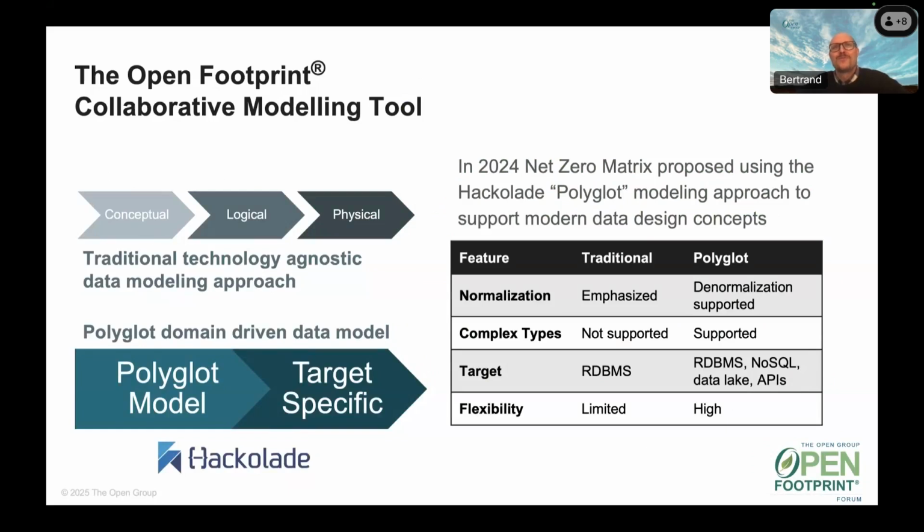Now, as we look at how to do that collaboration and manage the system, we had to think early on, and there were a lot of conversations last year in 2024 and in 2023, on how we can do this. How can we implement a collaborative data modeling tool to manage these various domains, and also assist in transitioning those into physical or target-specific implementations, so actual working software? Back in 2024, Net Zero Matrix identified and proposed using a modern tool called Hackolade that introduced this novel